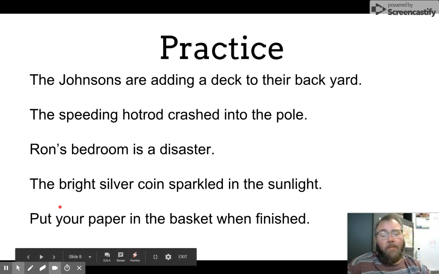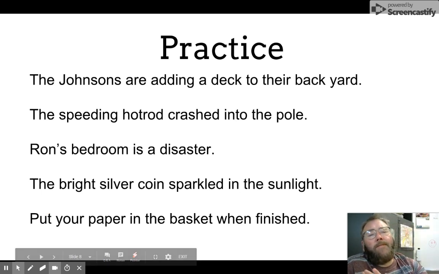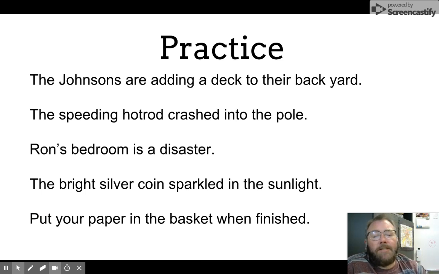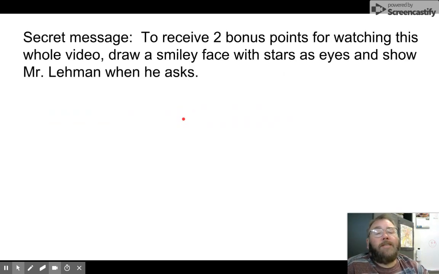So this is basically to give you an idea of a basic background of subjects and verbs. Usually this takes a couple days to practice. So we'll probably do this flip lesson and then have a couple days of practice in class. You'll have some homework. So that is pretty much the end of our flip lesson number 2, our first real